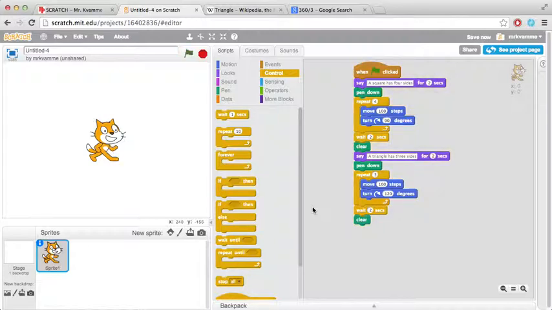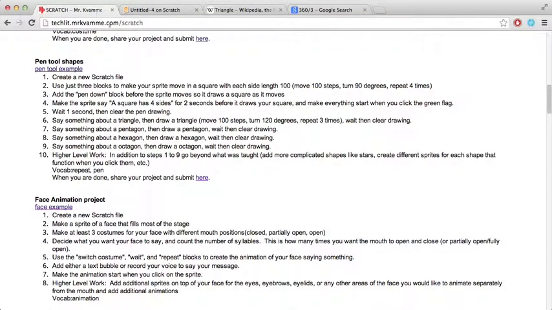So this is what you should have, and you should try and get a square, triangle, pentagon, hexagon, octagon, and if you finish all of these, try and go beyond what was taught. Try and do complicated shapes like stars,